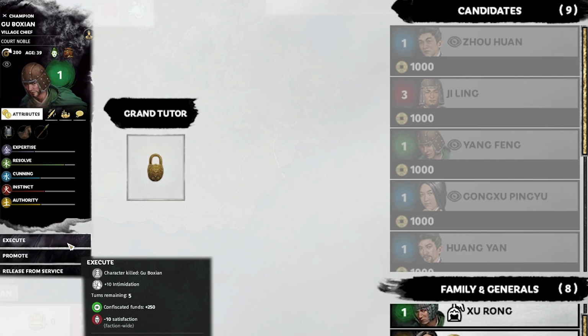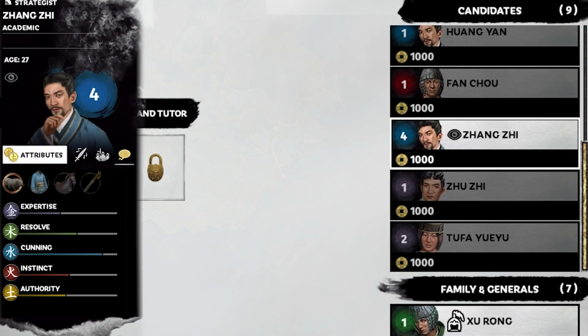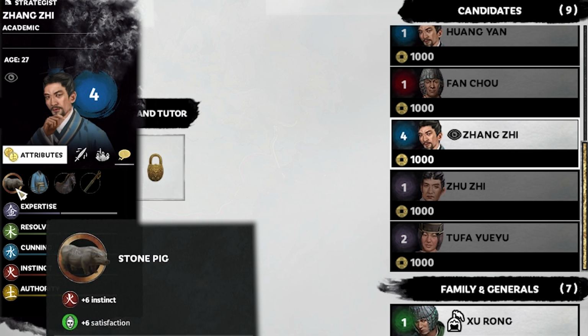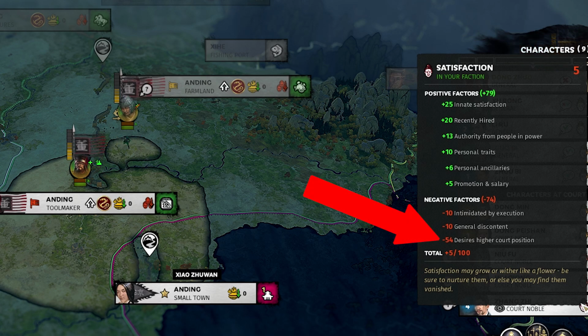Looks like the next turn we're actually able to execute Gu Boxian. I think we executed someone last turn. I guess you can't execute 2 people in the same turn. But after executing him, I checked out the candidates that we have in our court, and this guy Zhang Zi is actually pretty nice, mainly because he starts out at level 4, and he also has an item, the Stone Pig, which I think could be worth about 1k, so we're not really losing much from recruiting him. The problem is he starts out at 5 satisfaction because he wants a higher court position,